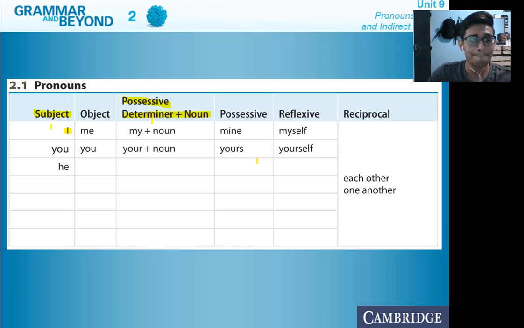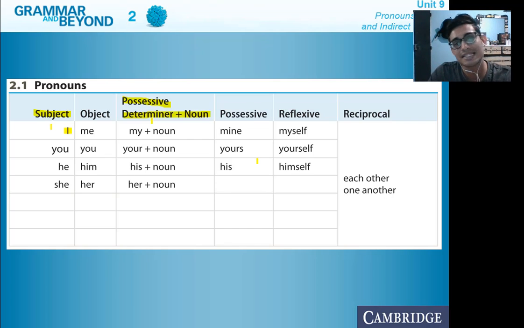We have he, him, his, for example, his pencil. His pencil is yellow, okay? Then we have his again, himself, she, her plus a noun, hers, herself, it,